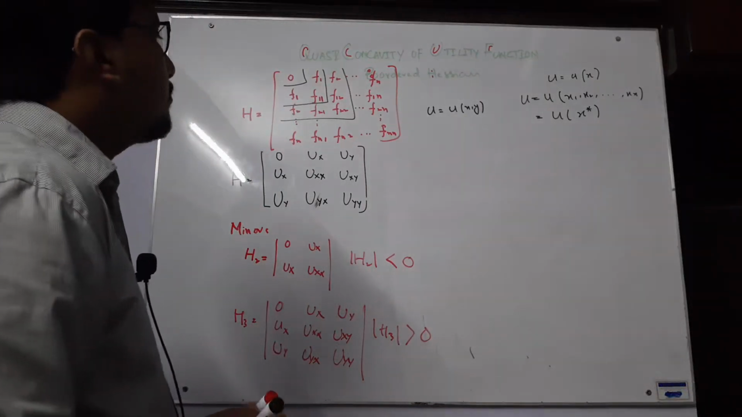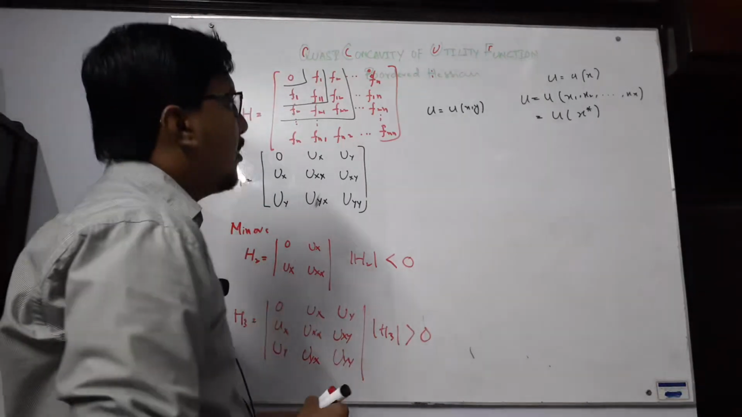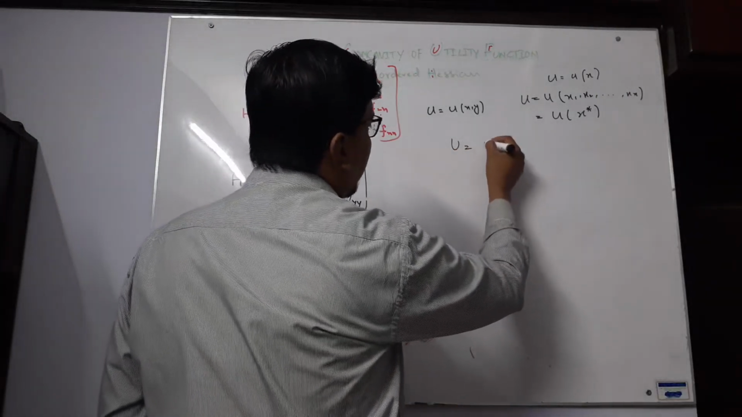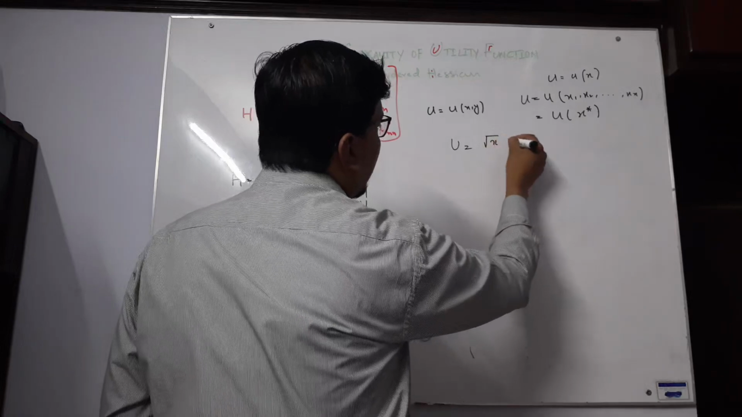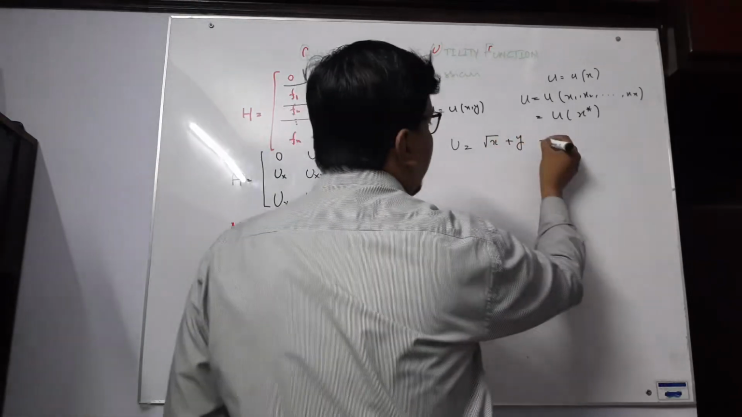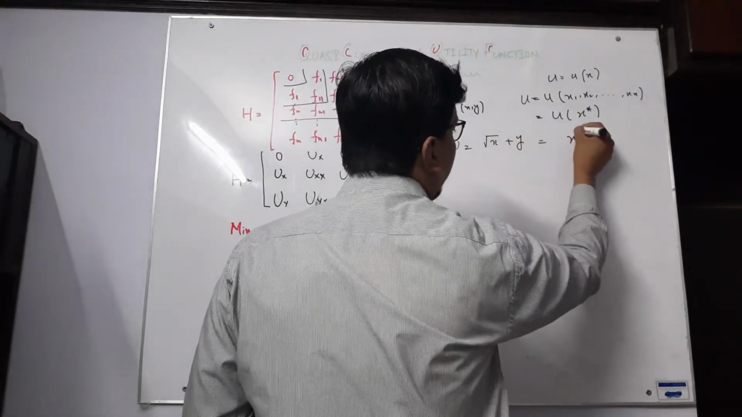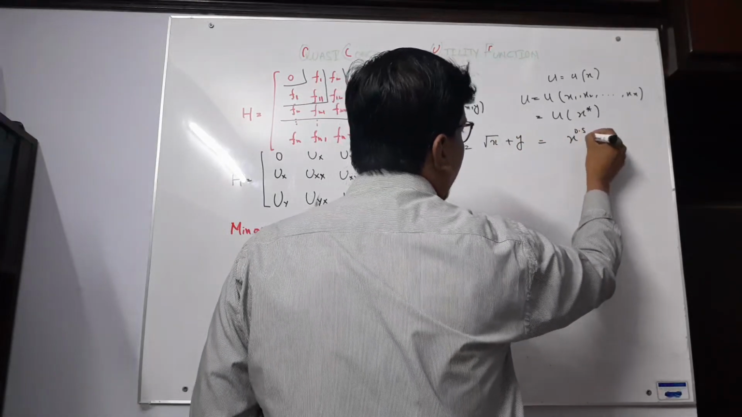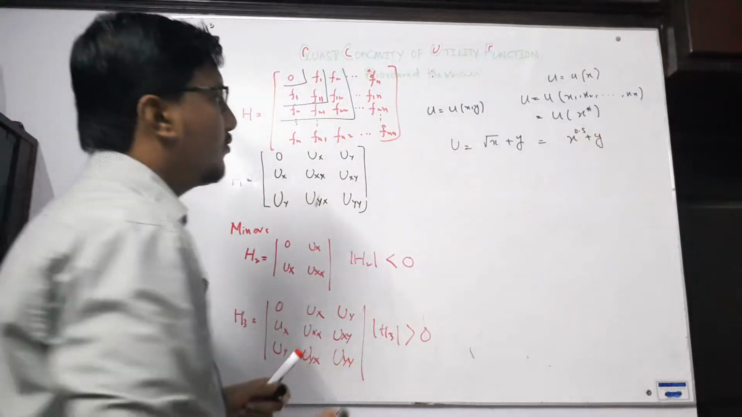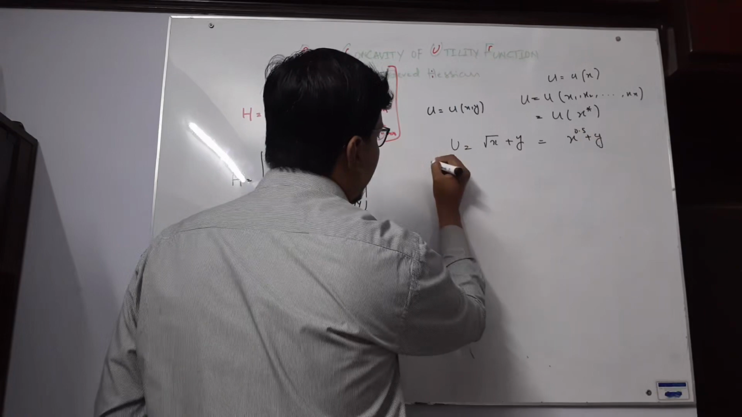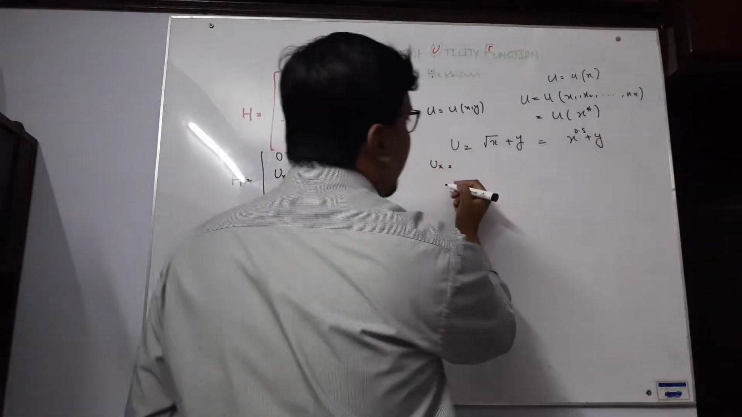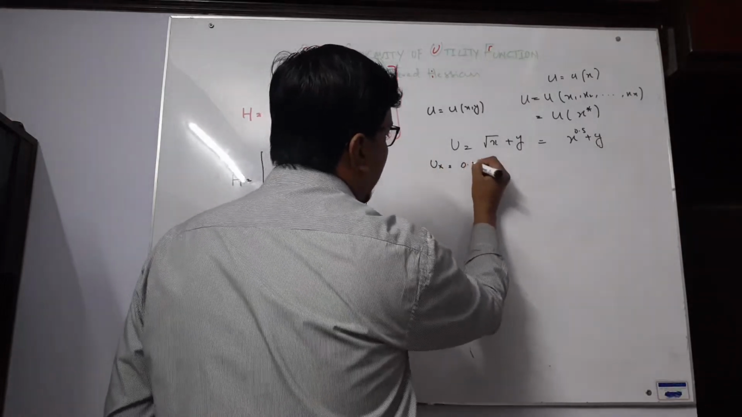Simply we take an example of a utility function. Let's suppose our utility function is under root x plus y. Okay, so we may write it this way: x to the power 0.5 plus y. We want to check the quasi concavity of this function. So first of all, we will make the different derivatives. Ux, so ux means if we are taking the partial derivative, the answer will be